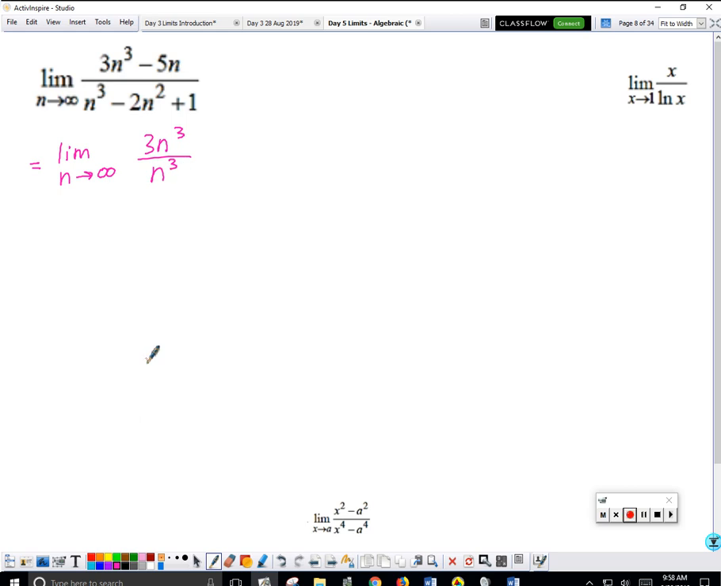Question. Please. Wait. Go ahead. If it's negative 2n squared. Shoot. Oh no, go ahead and say it again. My bad. So if it's